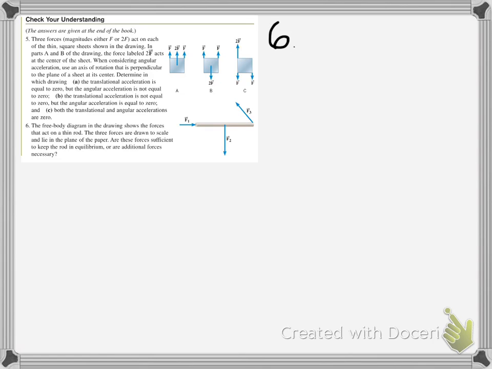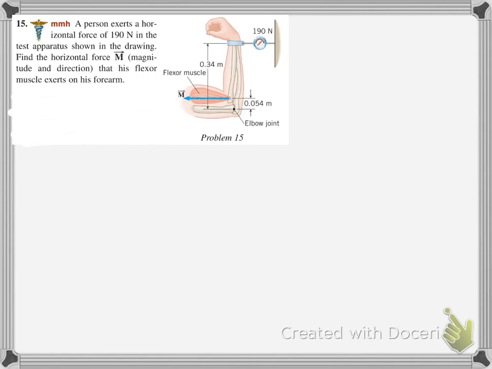Okay, so now we're doing this. A person exerts a horizontal force of 190 newtons in the test apparatus shown in the drawing. Find the horizontal force M that his flexor muscle exerts on his forearm. Okay, so